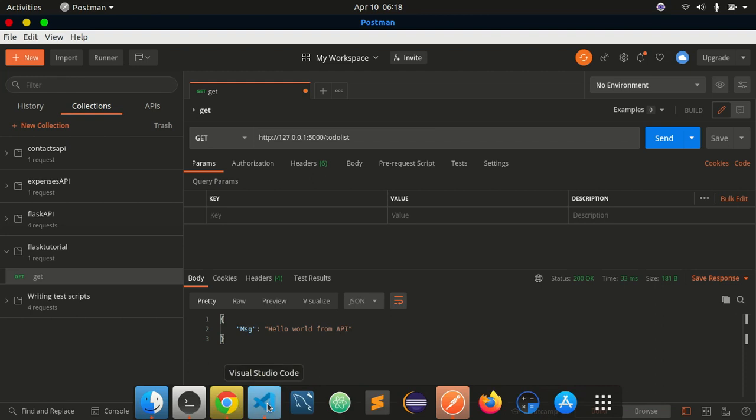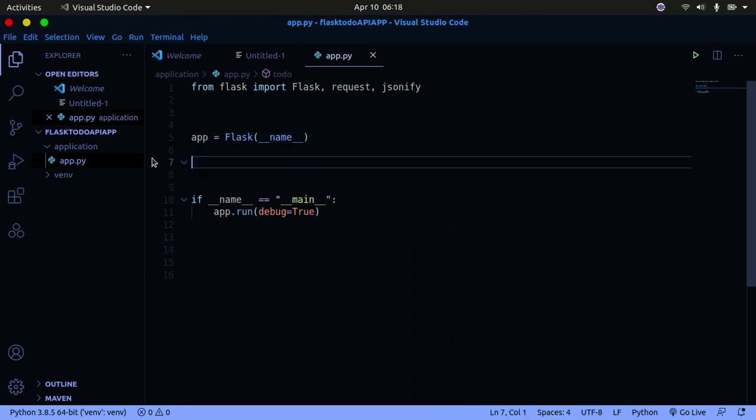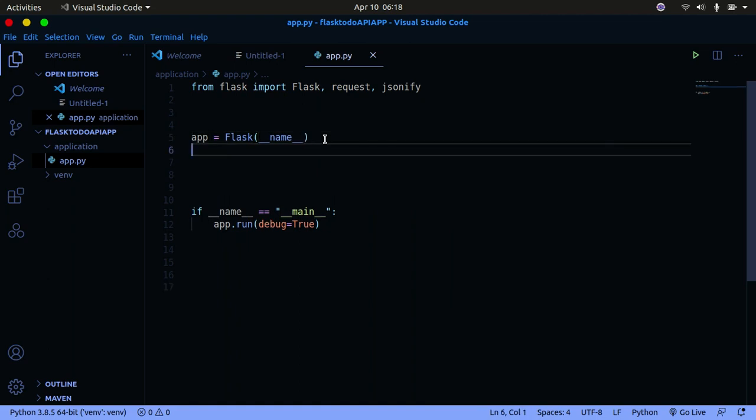So what we have right now is just an API in basic terms. You can deploy this on the internet, and then anyone can access it and get back the message hello world. But it's not what we want to do, right? We want to build a whole to-do list using Flask. So let's just remove this part. So now we have instantiated our class, right? Our object. So let's go ahead and actually